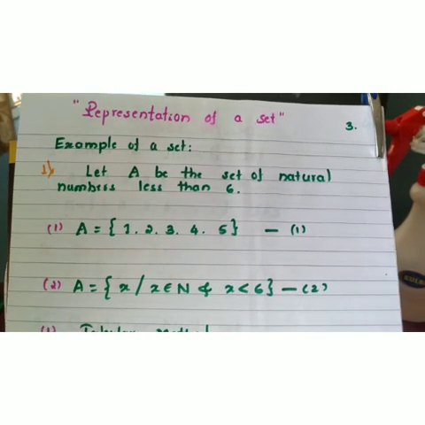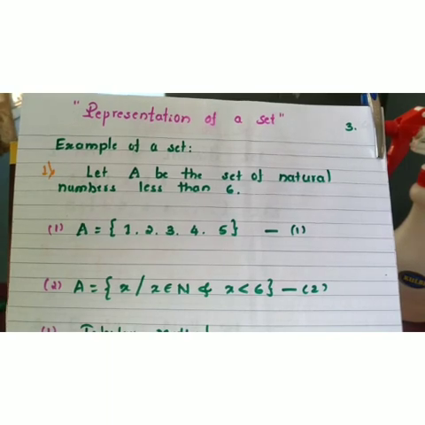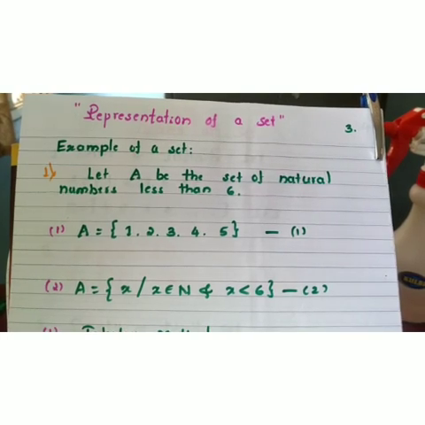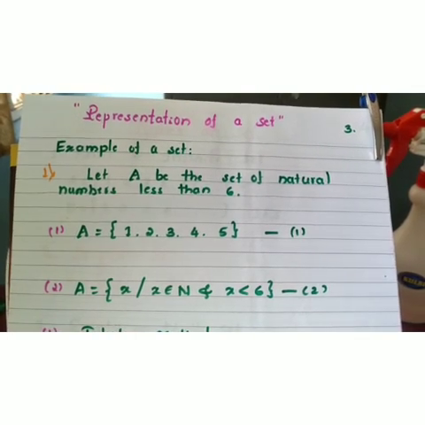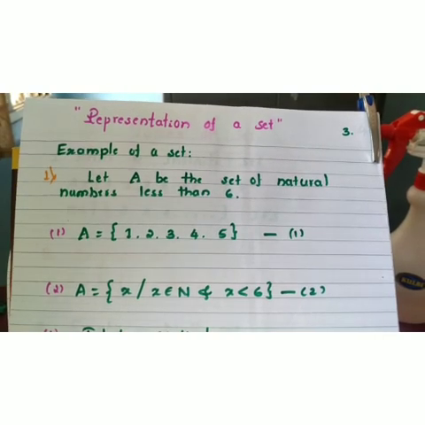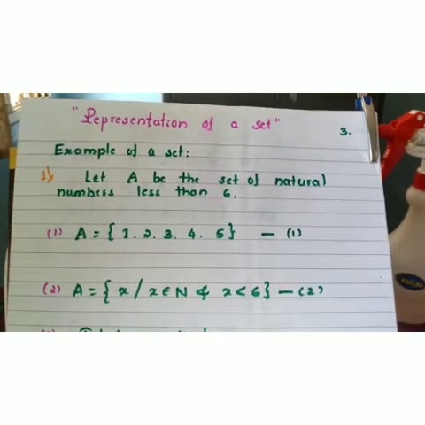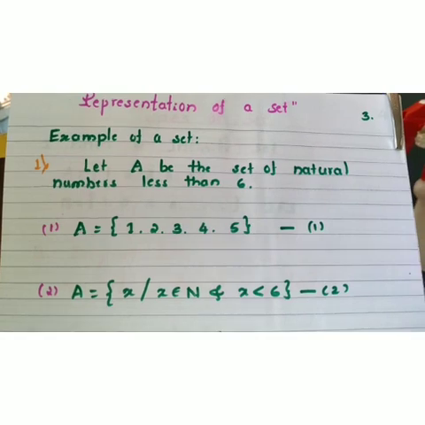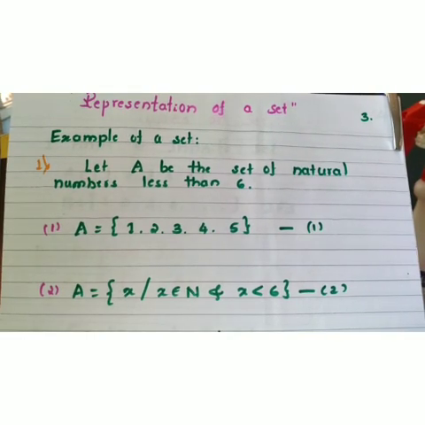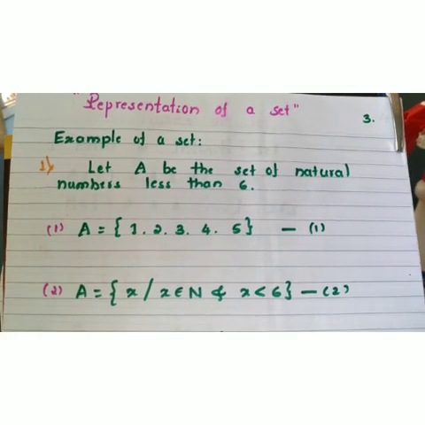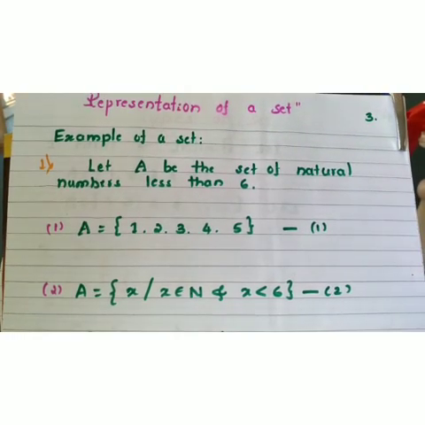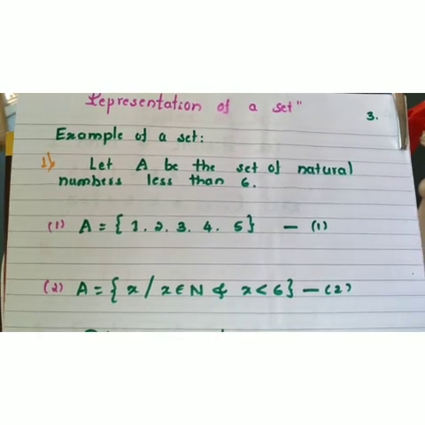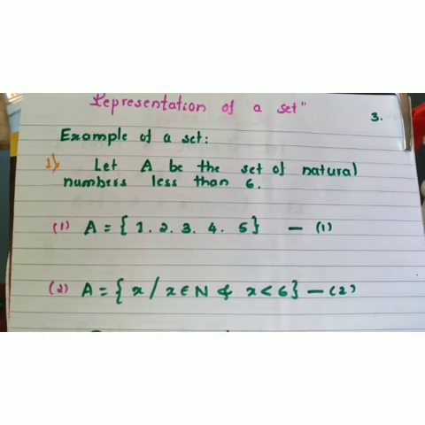This A can be written as A equals the symbol of a set: 1, 2, 3, 4, 5, because less than 6 means I have to write natural numbers 1, 2, 3, 4, 5. Less than 6 means 6 cannot be included, and 0 cannot be included because natural numbers do not contain 0. So capital A equals 1, 2, 3, 4, 5, enclosed in the brace bracket. This bracket is called the brace, B-R-A-C-E, or usually the flower bracket.